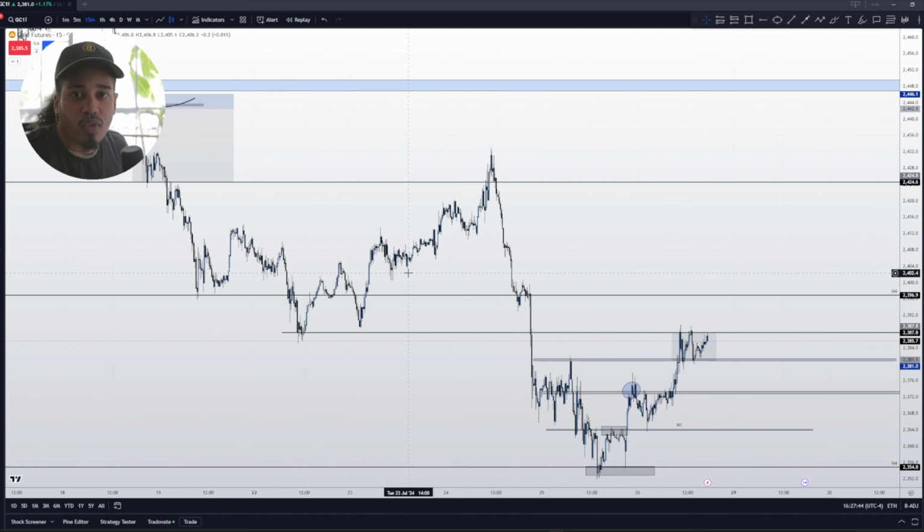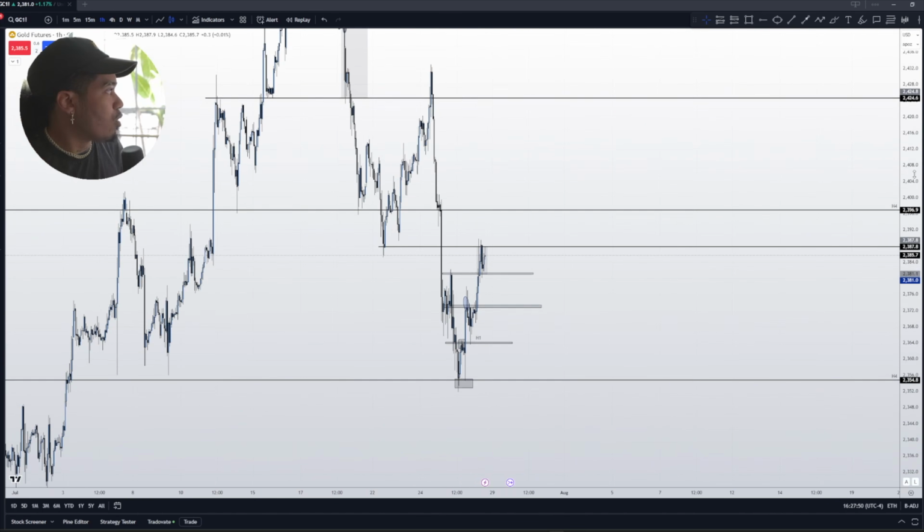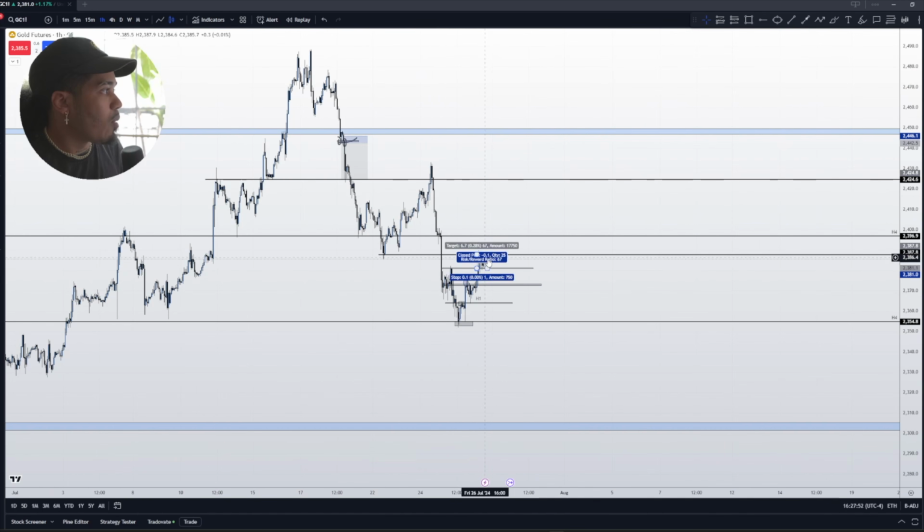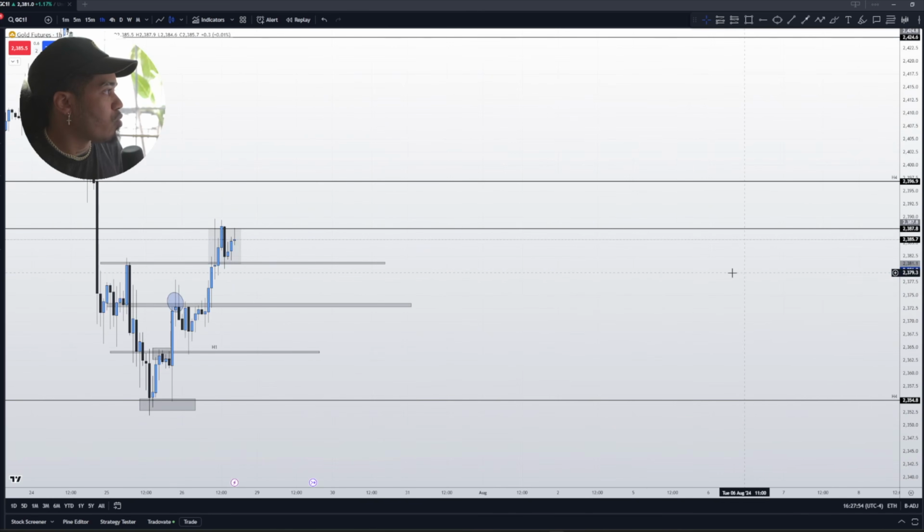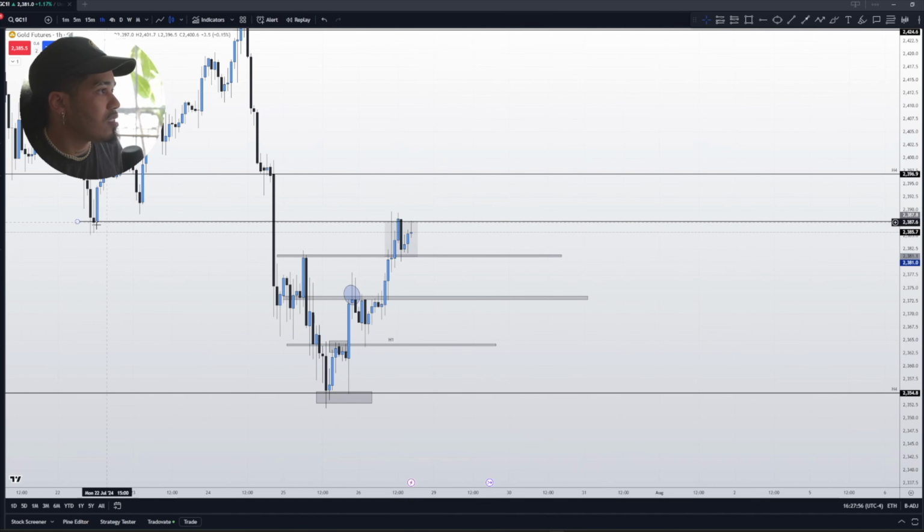What are we looking for? Only break of the highs and break of the lows on gold. So now, since we know that gold is pushing higher, all I'm going to wait for here is for gold to break either this high or this low right here. If we can break back above these highs, I'm looking for buy positions back up to that 4-hour level.